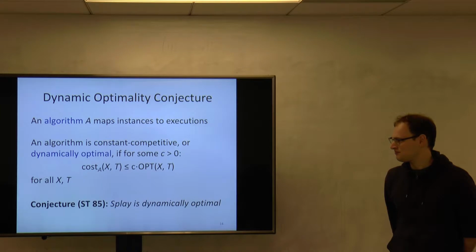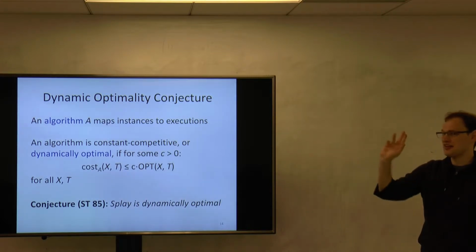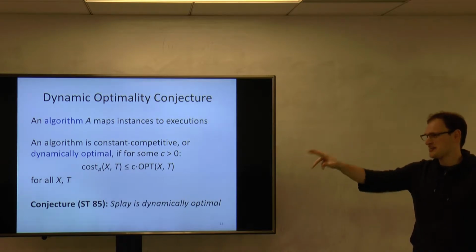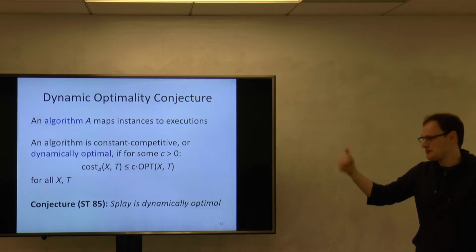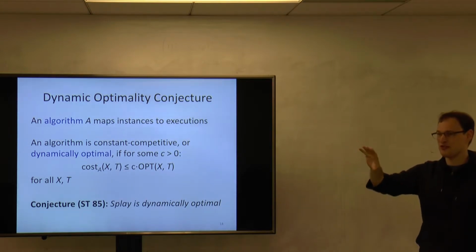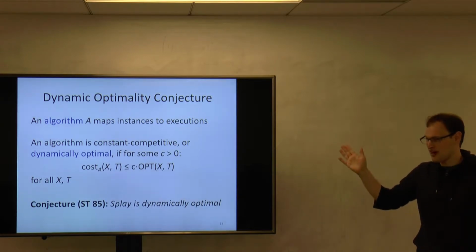But you're interested in the constant, in the best constant, or is it beyond? Right now we want something that's constant competitive at all. So we want an algorithm where the cost for it to execute the instance is within some constant factor of the optimum. And that constant factor is held fixed over every instance. If you can find some constant where that's true, then